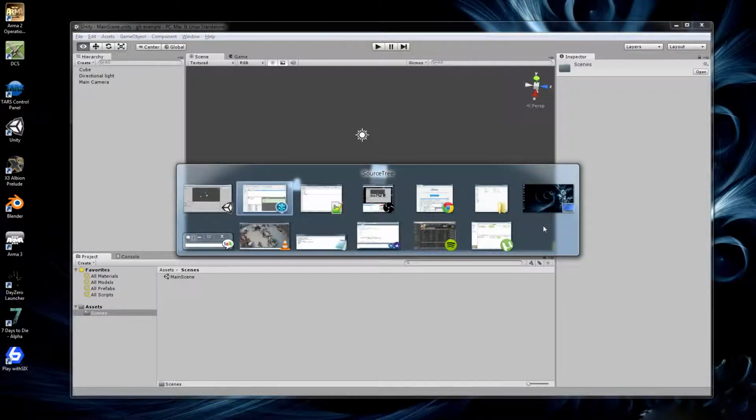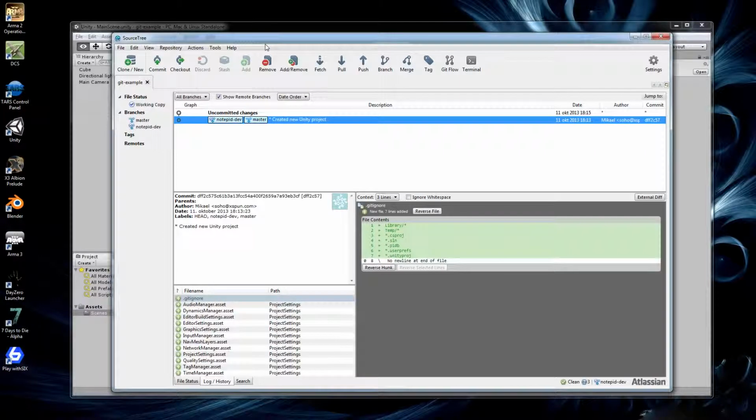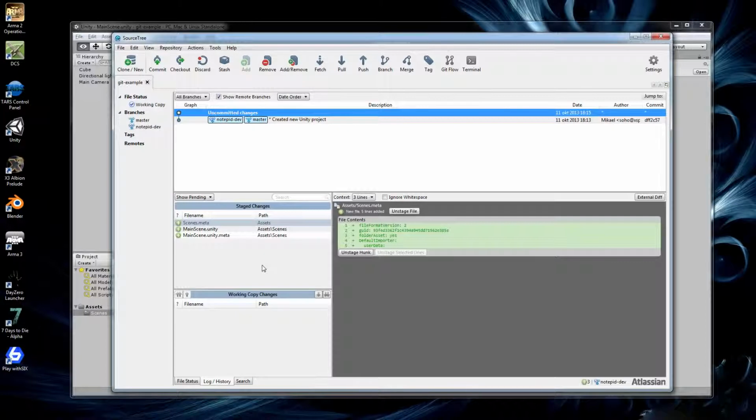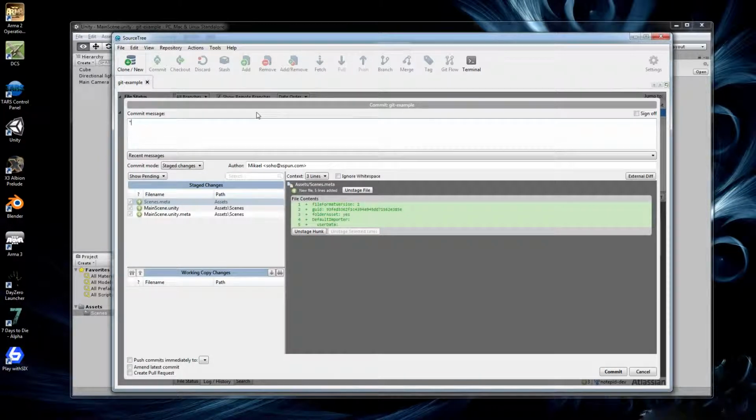Okay, so if you go back into SourceTree now, let's refresh. You see it says uncommitted changes. Basically that means something has been changed since the last time you made a commit, alright? Click on that, and you can see there are 3 files that have something changed. So we're going to stage all of them, and you can see all of them have the plus sign, so it means that all those 3 files are new. So we make a commit: added cube and light,